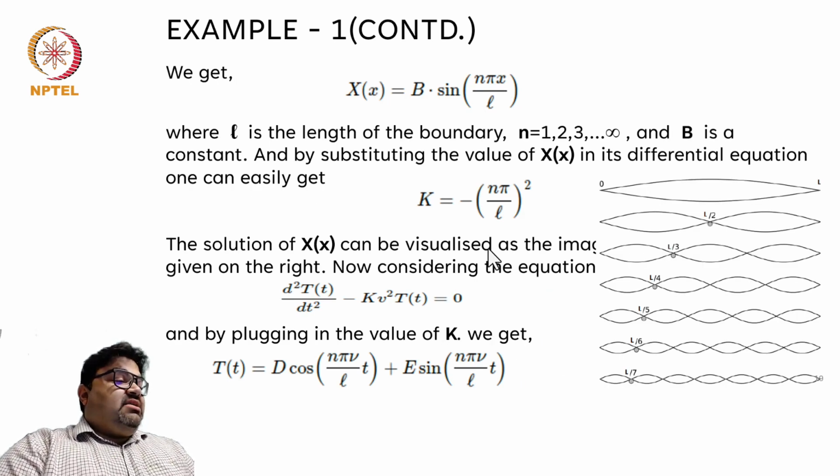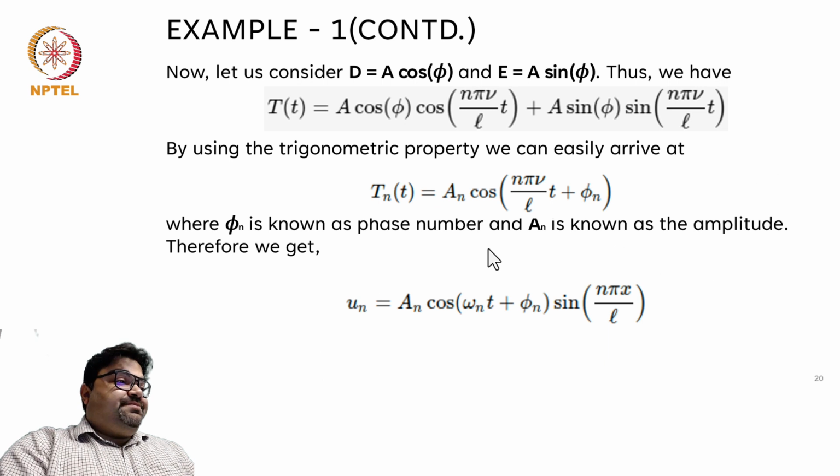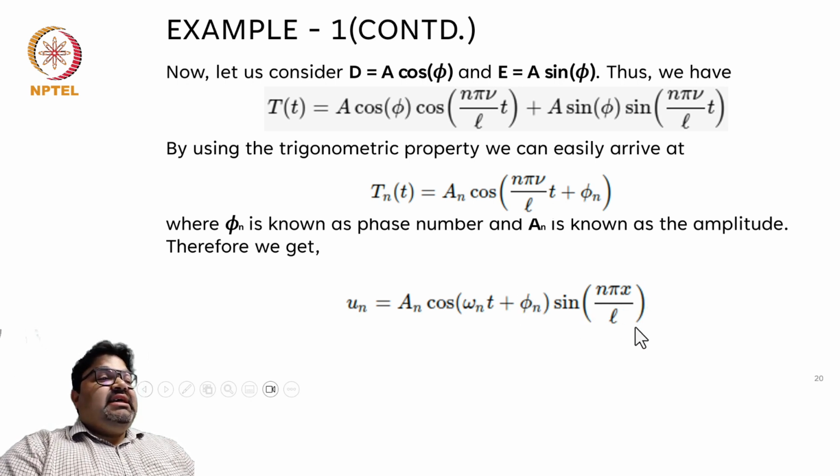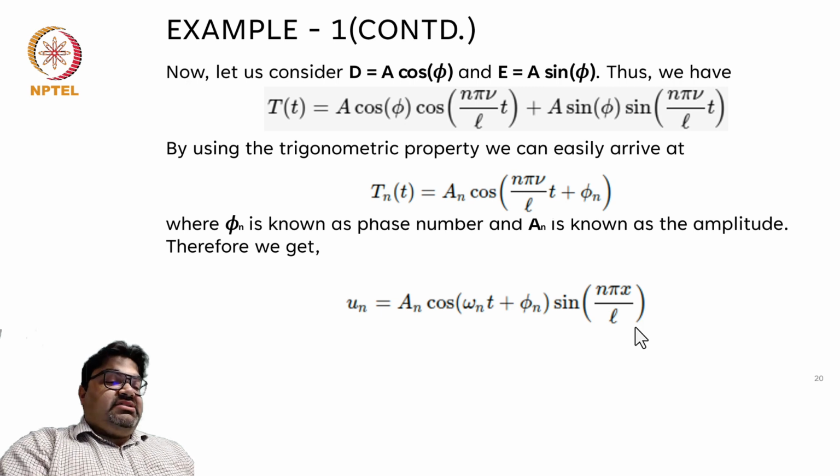Similarly, the other one, the time variable, also will come with a few more constants and basically one cosine function and one sine function. They are both harmonic functions. Okay, so ultimately the u can be written as a cosine function of time and a sine function of x, and that's the final solution to the